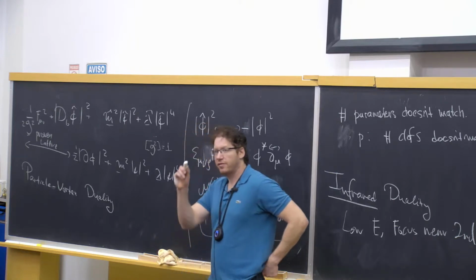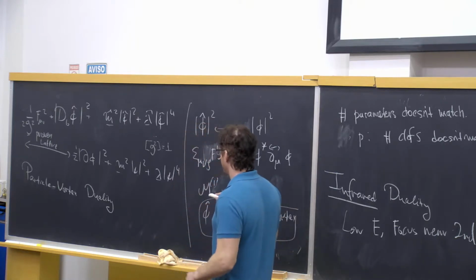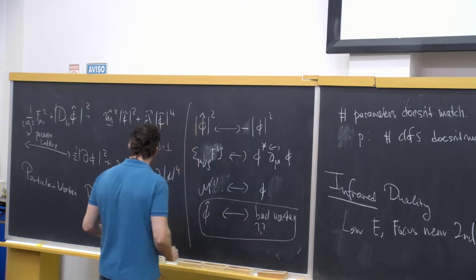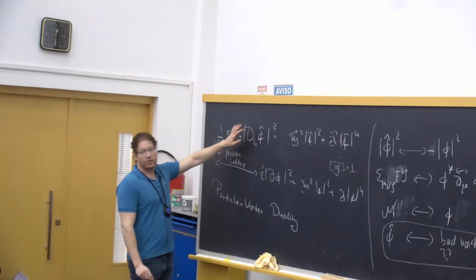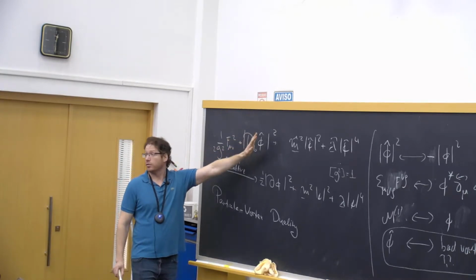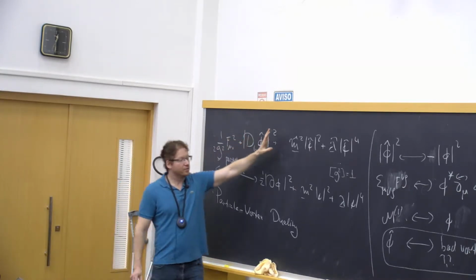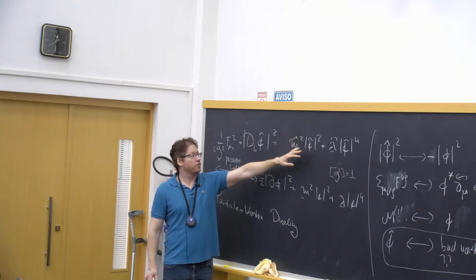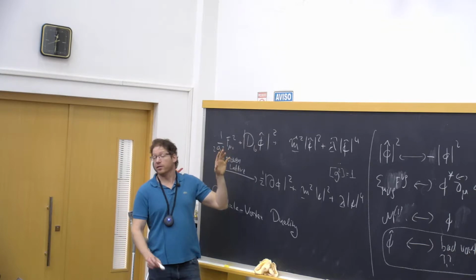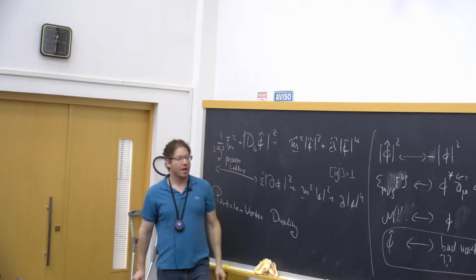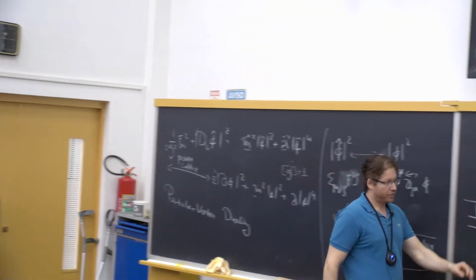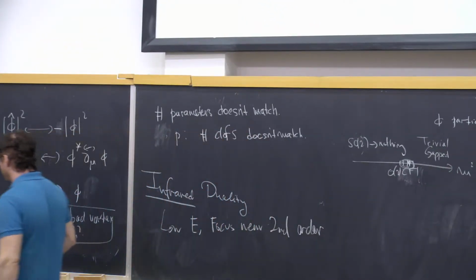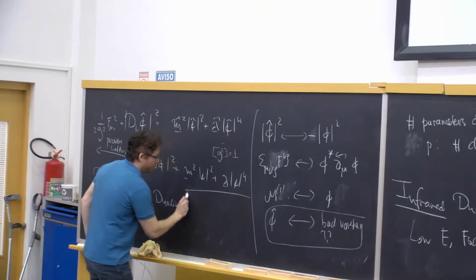I perhaps should say something else, another thing about this model, which is a little bit more advanced. But if you ever read the condensed matter literature, it's extremely useful to know. So actually, in this model, it's known from lattice simulations that it does not always have a second-order transition. It's only for some choices of lambda hat and m squared and g squared that it does flow to a second-order fixed point. And then it's known numerically that the second-order fixed point is in this universality class, and then we have duality. So qualitatively, there are two regimes.